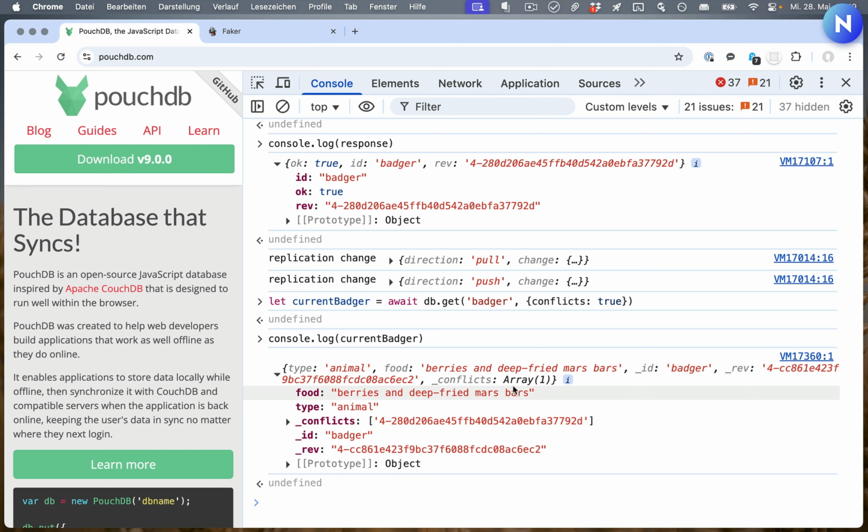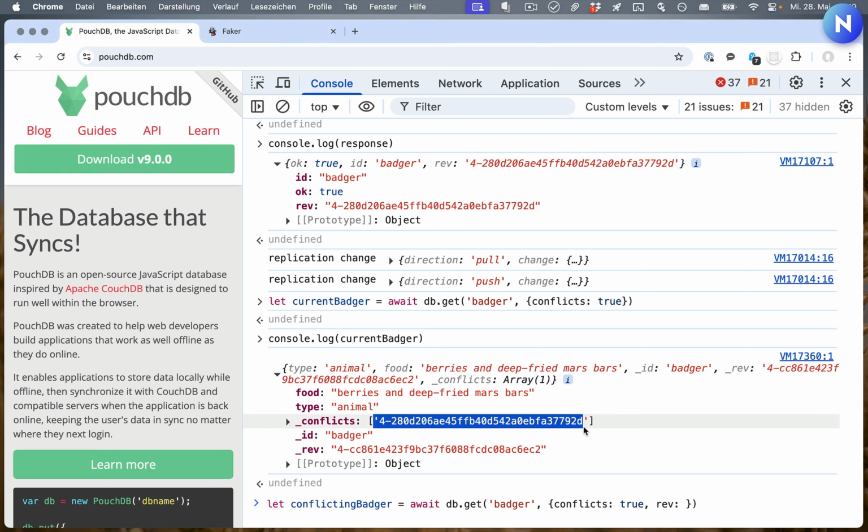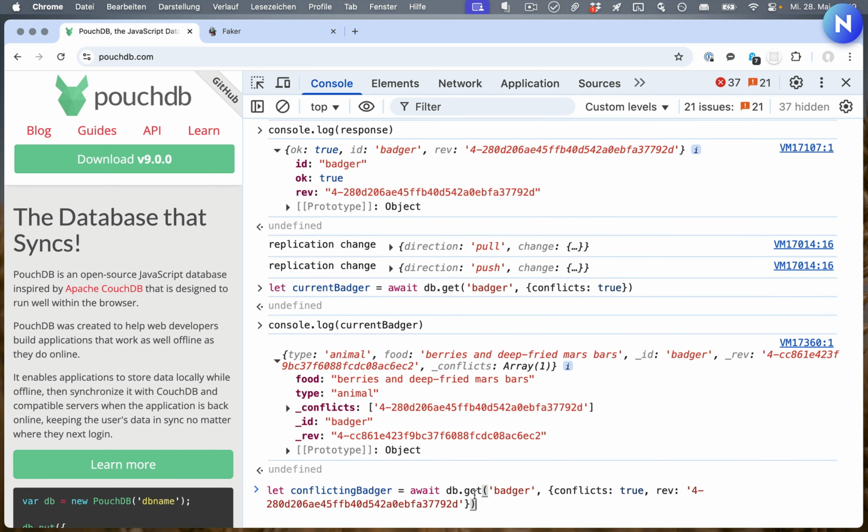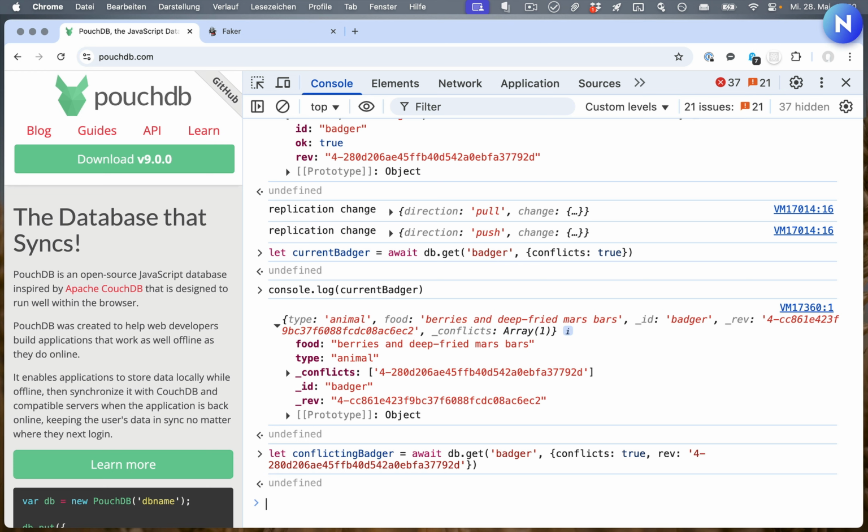So again, we have the Mars bar as the canonical version of this badger, but there's also another version we could get. So let's try and get that specific other ramen badger back. Let's call him the conflicting badger. And all we need to do to get him is take this revision number and pass it in as an option to db.get. And this will give us the conflicting badger.